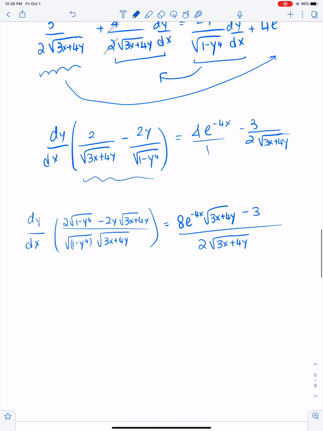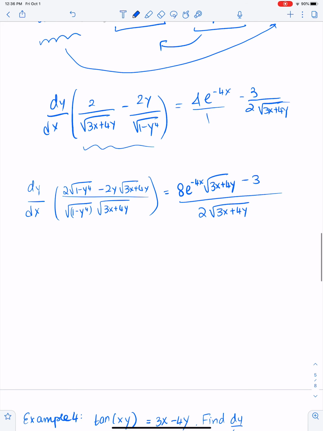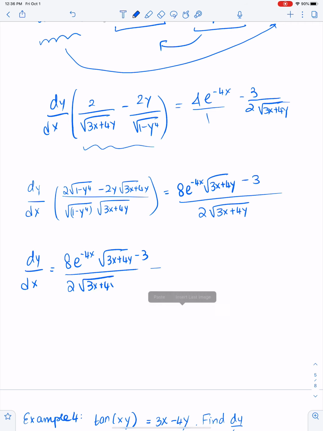Make sure you got that minus 3. Okay, it's easier to solve for dy/dx when you have a common denominator like that. So you have dy/dx equals what the right side is: 8e to the minus 4x square root 3x plus 4y minus 3 over 2 square root 3x plus 4y